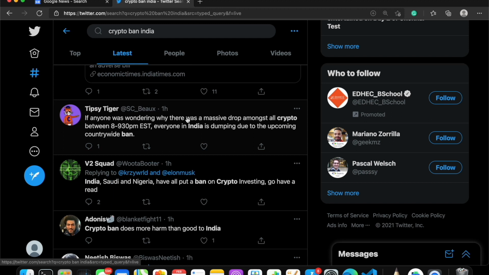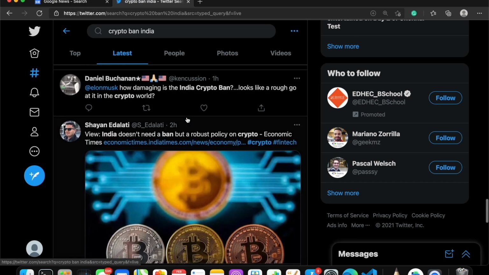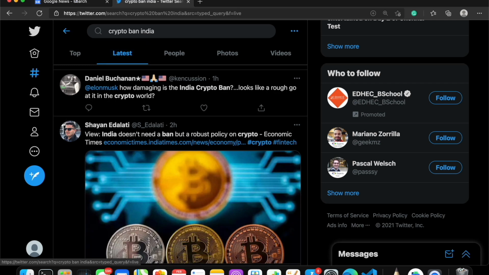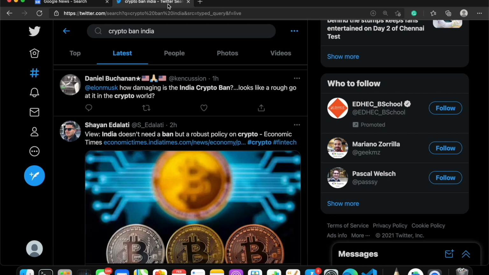Especially from Twitter, you will understand people's opinion about the ban. So in Google News you can get the news, and in Twitter you can get the opinions of people.